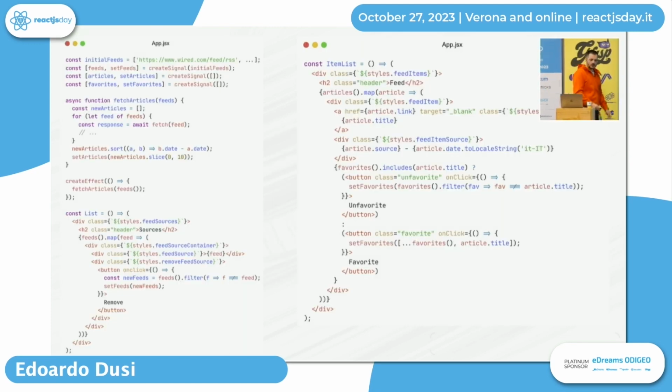Okay. So I hope you get some of the differences that we have now in the front-end frameworks world. We have React, which I think has a good ecosystem, a good developer experience, a good community.